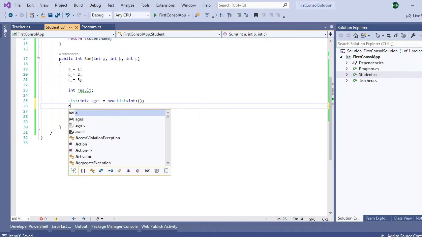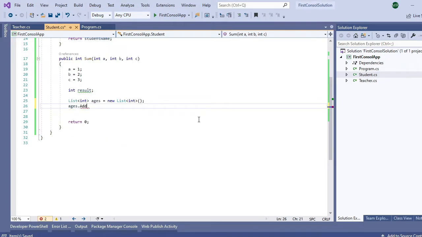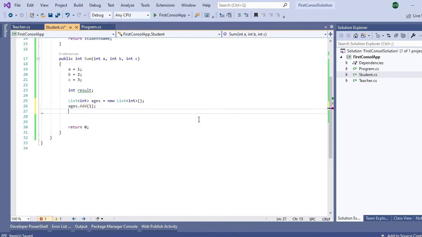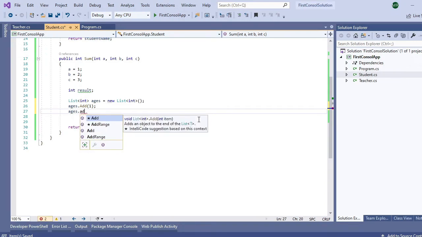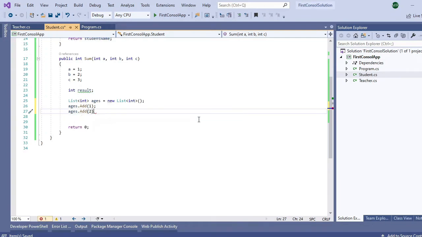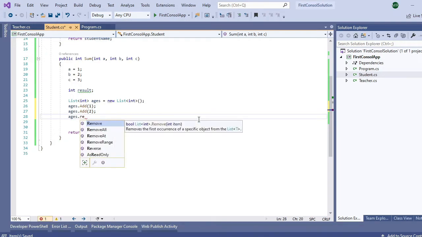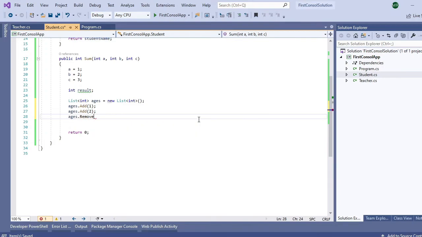Then I can simply add items: ages.Add. I can add, for example, 1 and end the line by semicolon. And also I can add another item, dot Add also, for example 2, and also I can do ages dot Remove, for example, some integer item. I want to remove the first one, and that's it. This is how to create a list, and this is how to add items in the list,